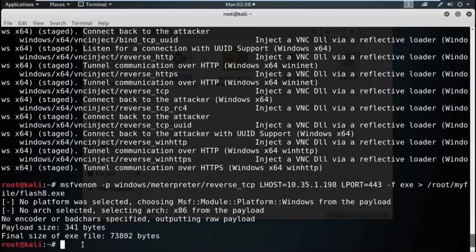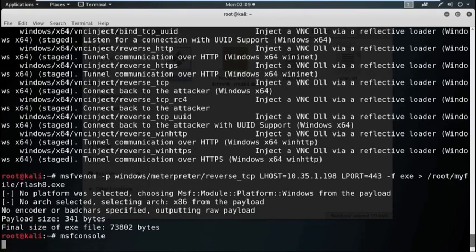Now, on the attacker machine, we also need to open the handler which can listen to the connection coming from the target machine, that means where we execute this file. To open the handler, we need to open the Metasploit framework. By typing msfconsole, I am opening the Metasploit framework.